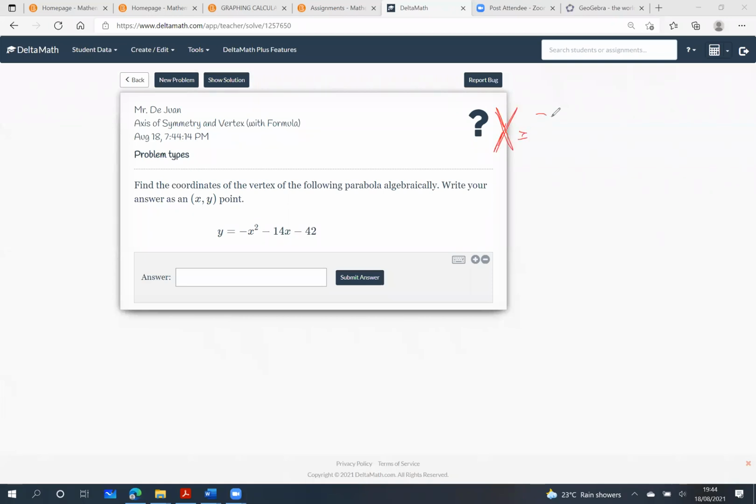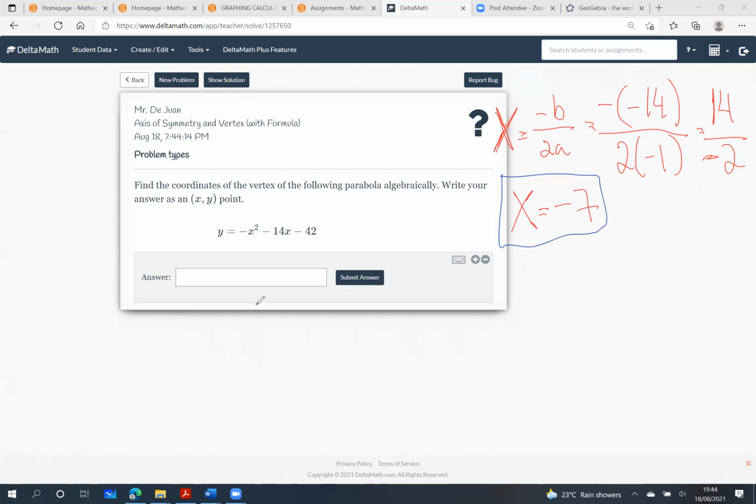X equals negative b over 2a, which is negative brackets negative 14 brackets over 2 times negative 1. So that's negative negative 14. 2 times negative 1 is negative 2. 14 divided by negative 2, x equals negative 7. All right, so there we have our x coordinate. We already know it's going to be negative 7, comma. Let's find out what the y is going to be. The y is going to be input,